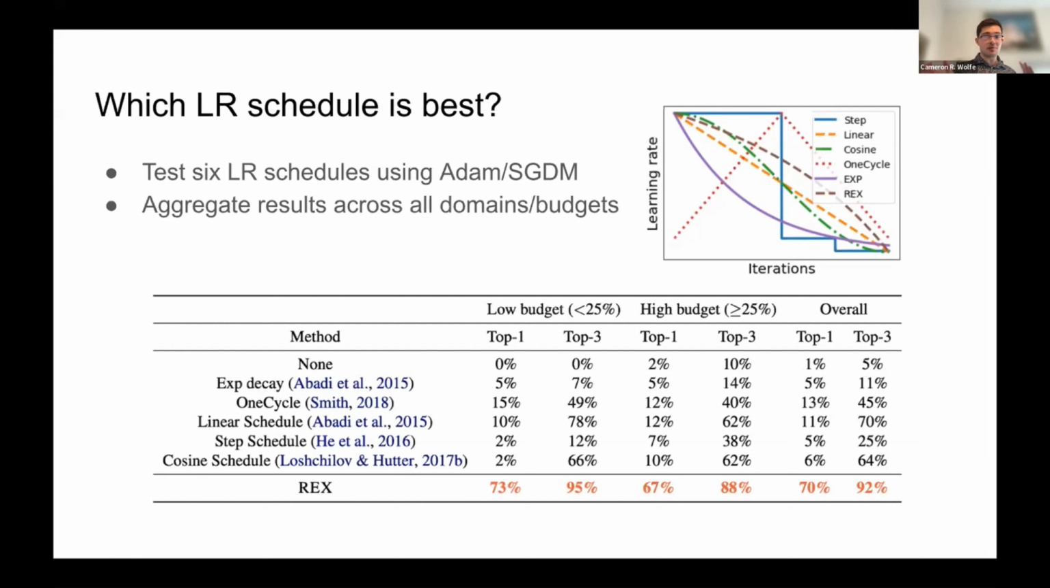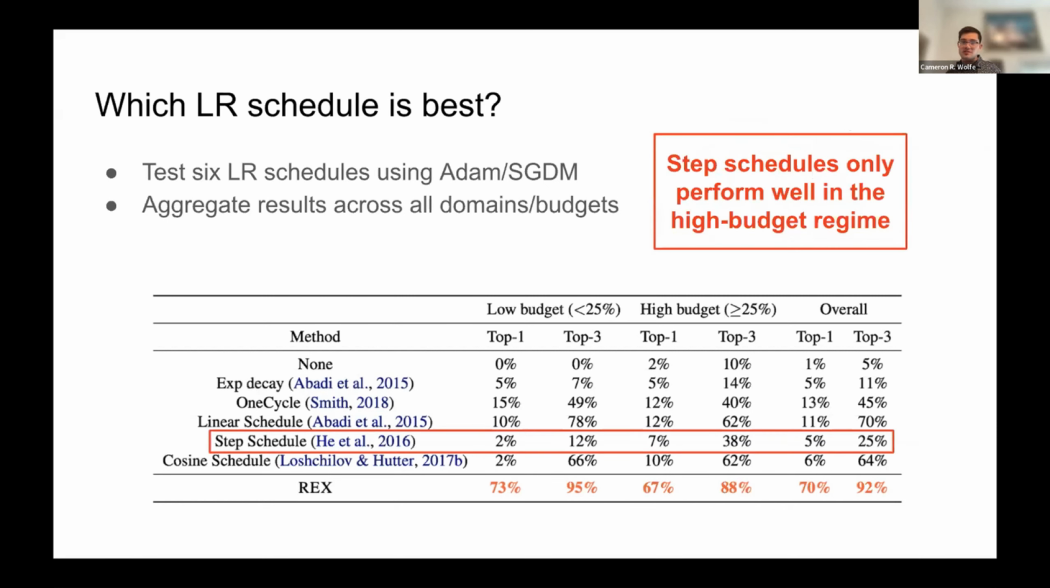So this table at the bottom just takes all of these different domains that we tested and sees how many times each of these learning rate schedules achieves the best performance or is in the top 3 of the best performing learning rate schedules. And what we see when we aggregate all of these results are a couple of interesting findings. First of all, which is especially relevant to computer vision, step schedules only perform well in the high budget